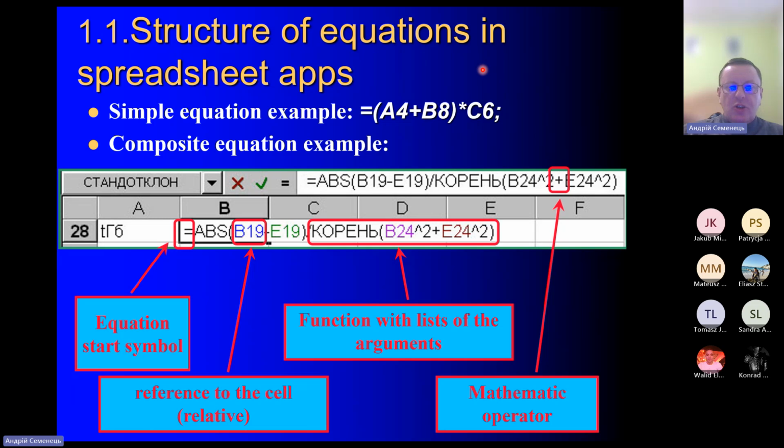So here is the general syntax, and when we want to create formulas in a spreadsheet, we have to follow the necessary syntax. Here is given the syntax for a simple formula. Here is given an example for a more advanced formula, and there is no mistake because I just want to point out